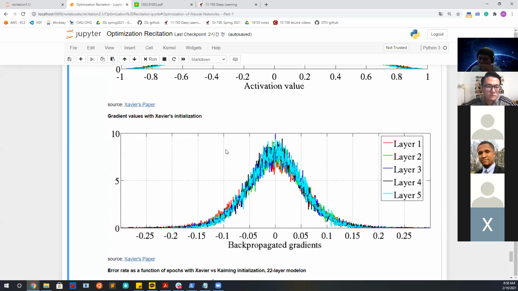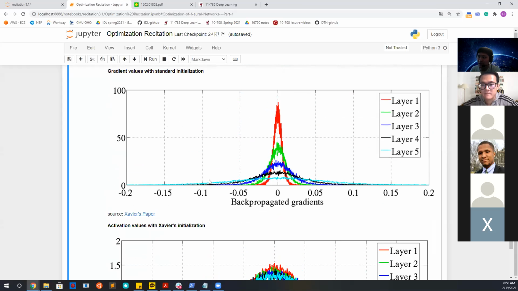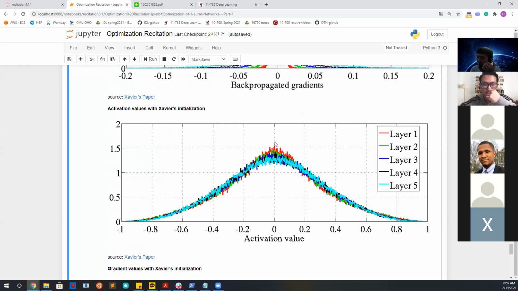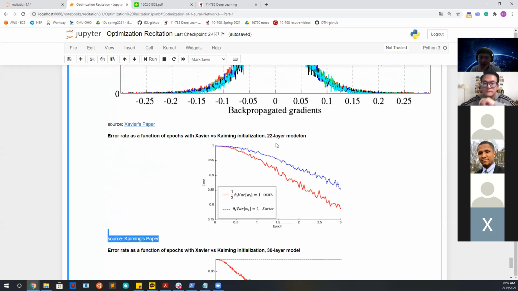So you can see from here that initialization can actually affect your convergence, because the values could end up in some weird distribution, like centered really spiking at 0. So yeah, that was pretty much Kaiming and Xavier's